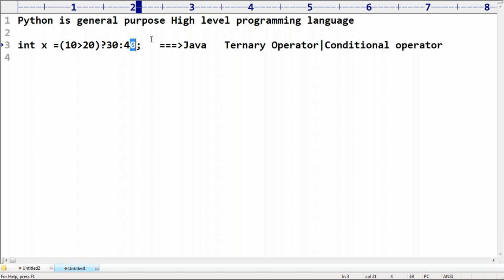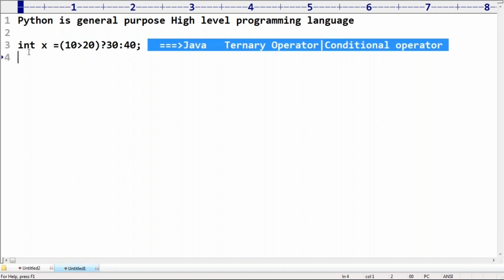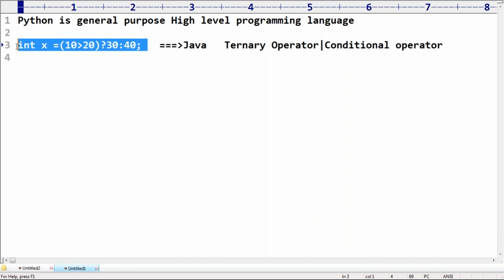If you show this line to any person, definitely he is going to feel that this is a programming line, man. This line can be understood by the machine, not by a general human being. Java programmers can understand it, but a normal non-programmer can't understand this one. What is this question mark symbol? What is this colon symbol? What is this one, and so on?